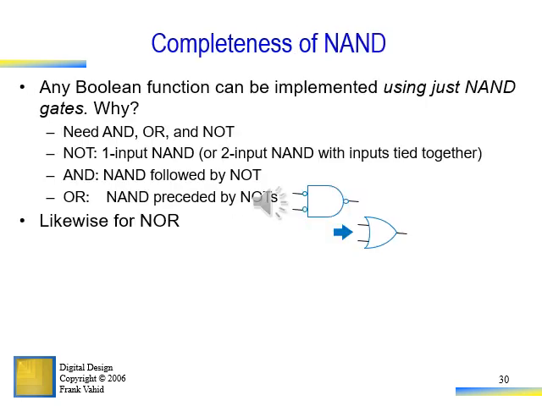You can implement any Boolean function by using NAND gates. So for example, if I want to implement a NOT gate, a NOT gate can be implemented by a NAND gate if both inputs are tied together. Similarly, an AND gate can be implemented by a NAND gate by putting an inverter at the output of the NAND gate. And if you want to implement an OR gate with NAND gates, then you have to apply an inverter at both inputs of the two-input NAND gate. So if inverters are present on both inputs of the NAND gate,